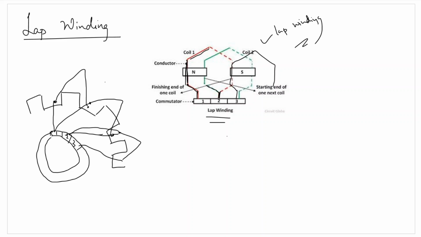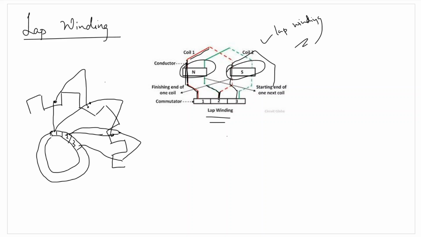What we are doing is, the connection is started from a conductor in slot number 1, then the connections overlap each other as the winding proceeds. We also need to understand here that all the front ends of the coils will be placed under the same pole, that is the north pole in this case, and the terminal ends of the coils are placed under one pole, that is the south pole. You can see the north pole with respect to the front end of the coil, and the back end of the coil forming the south end of the magnetic field.